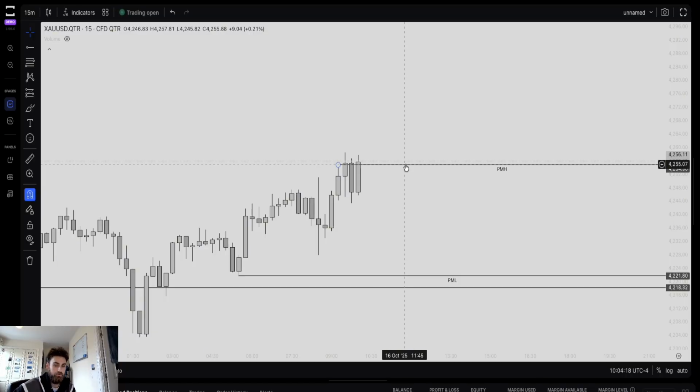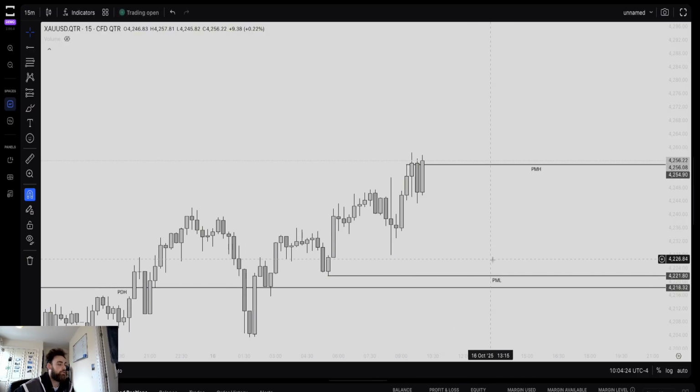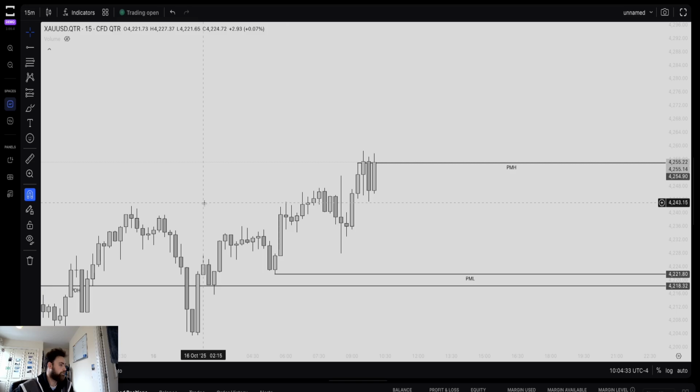or we'll look for a move where price goes down to the pre-market low or the previous day high. So this zone here will also be a very strong draw on liquidity. So either scenario, price move down or price breakthrough,